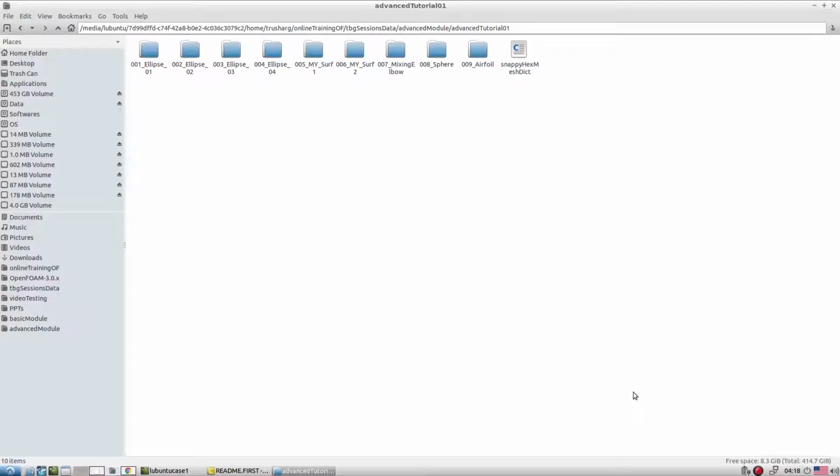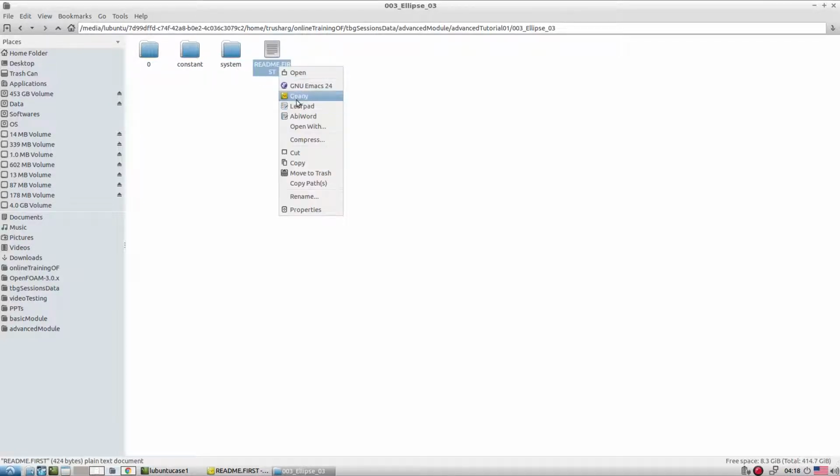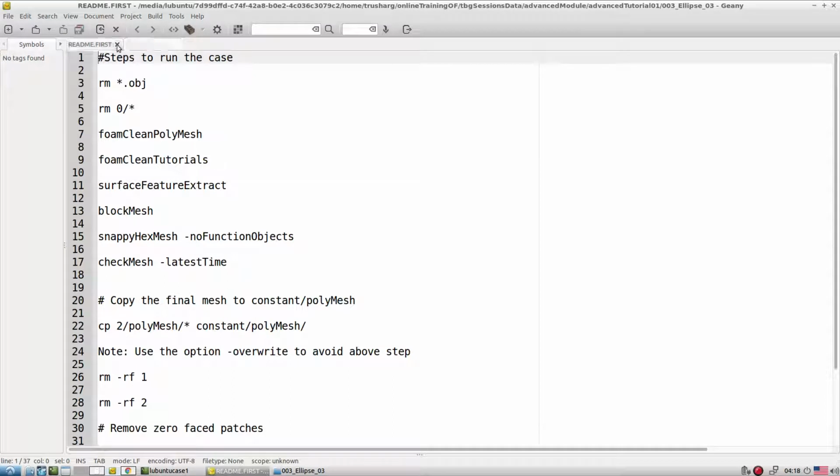Okay, so let's explore a few more entries in the SnappyHexMesh file. What we have looked at till now is how to control the surface based refinement and the features based refinement. Let's now say we want to apply a boundary layer type of mesh, then what one has to do. So let's quickly try to check that class of applications.